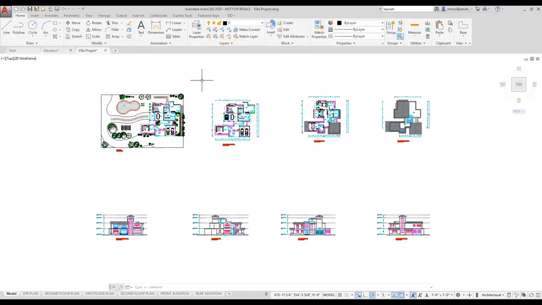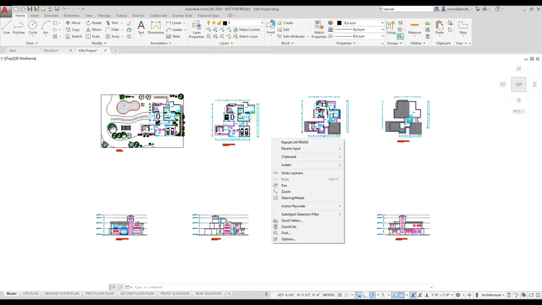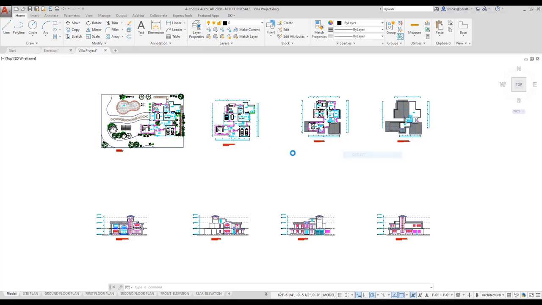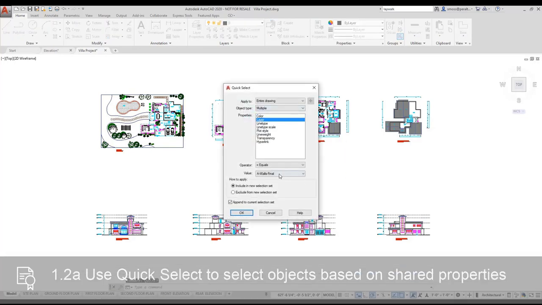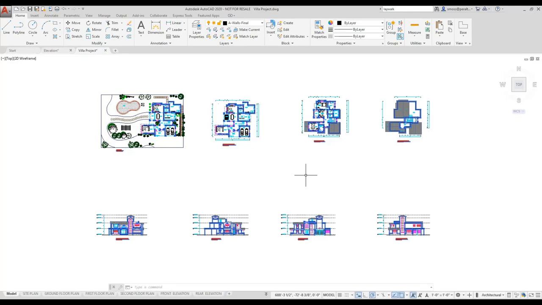I'm going to go back to the home ribbon, and you'll notice the A wall and the A walls layer have been deleted, and we just have the A walls final layer. And again, if I go over to quick select and select anything that is on the layer called A walls final and say OK, notice they all are selected. So both lay merge and LayTrans do the same thing. They just